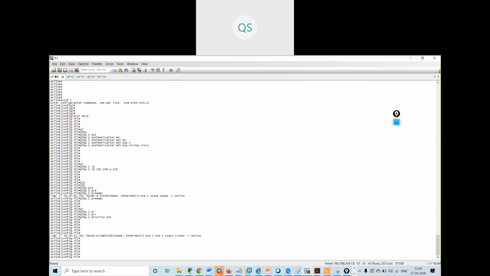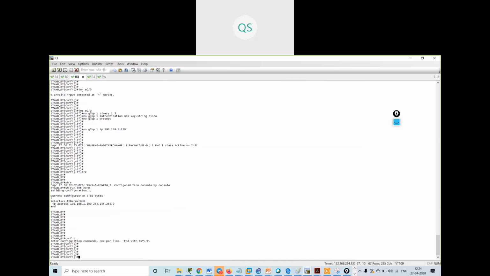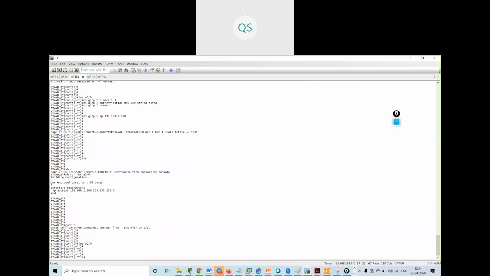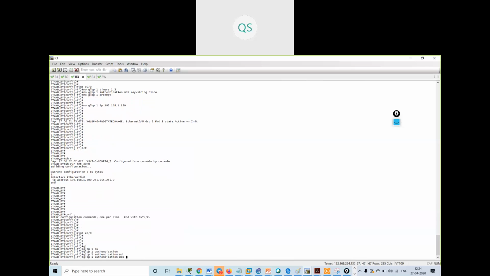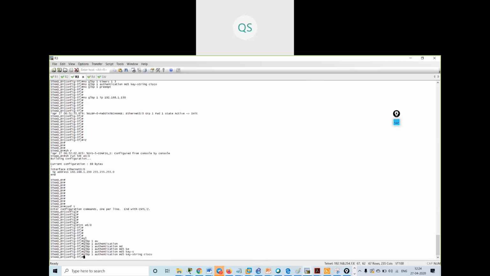I will go over here and first I will give the authentication. GLBP 1 authentication is MD5, key-string is Cisco.